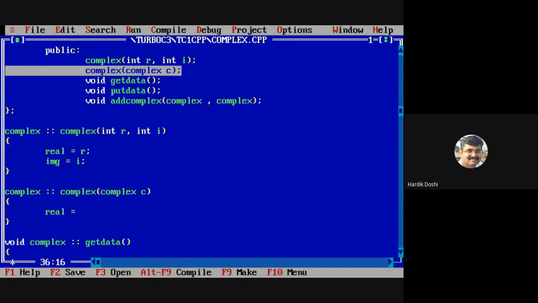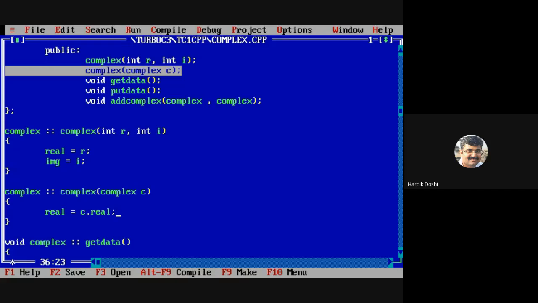C is a complete packet, complete object. What do I need from C now? C dot real. C dot real. Is it fine?